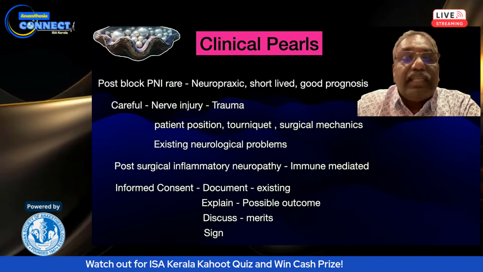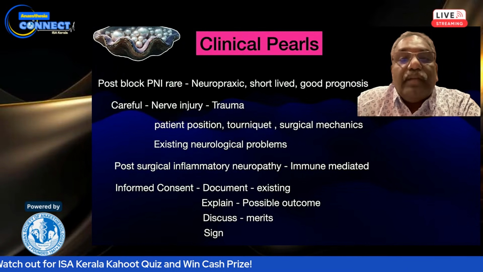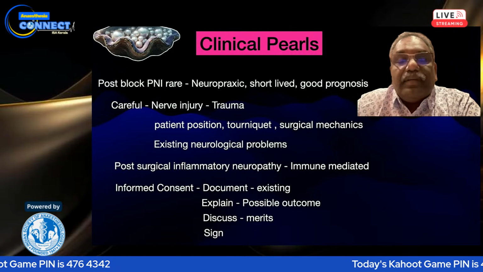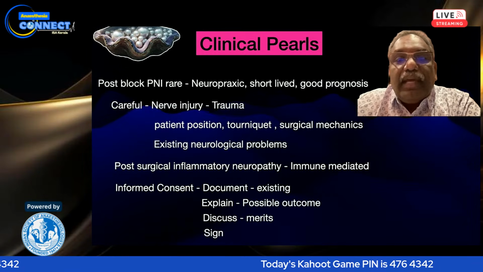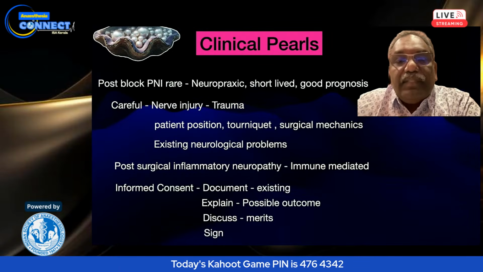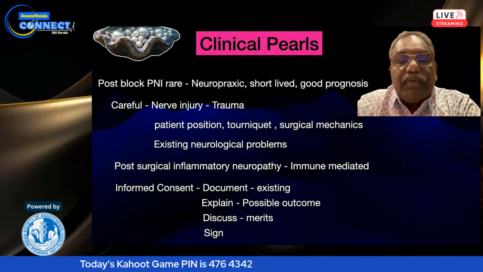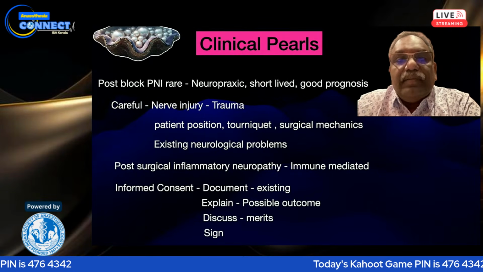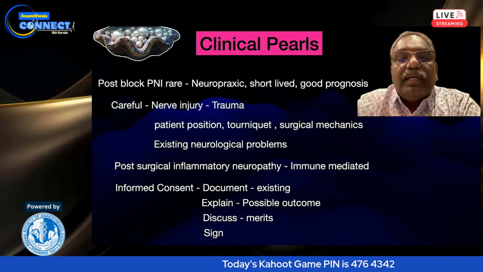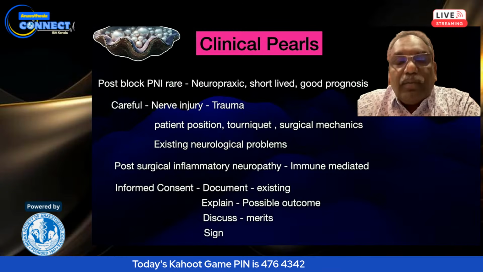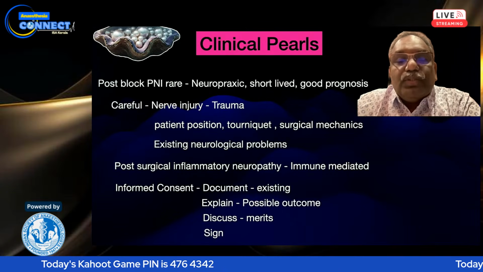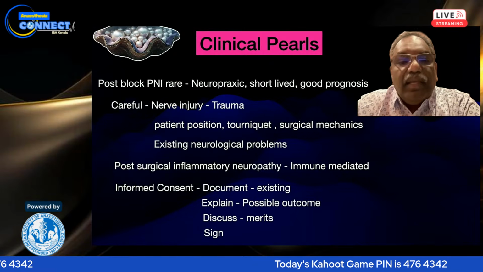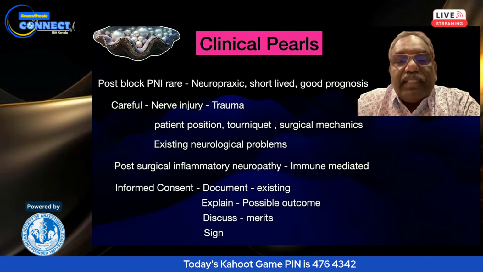Document the existing neurological damage, especially in trauma. A patient may have a proximal humerus or mid-shaft humerus fracture. They may have a spiral groove and a radial nerve injury. If you perform a brachial plexus block without documenting it, you may be blamed on the regional anesthesia technique. Our block will be blamed for that. So you should check and document all the neurological deficits there.